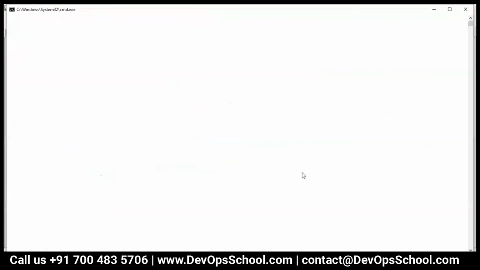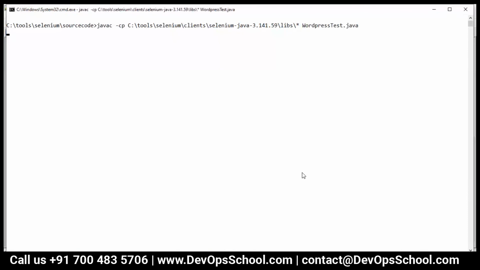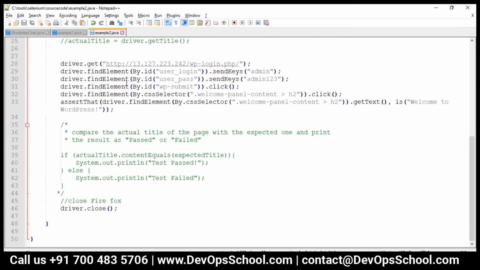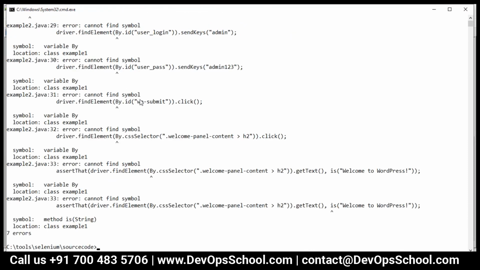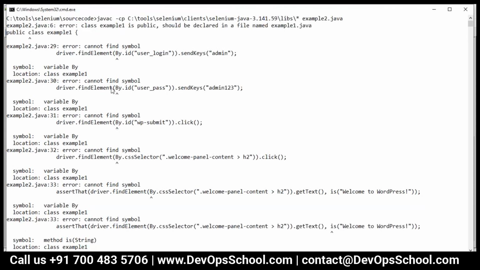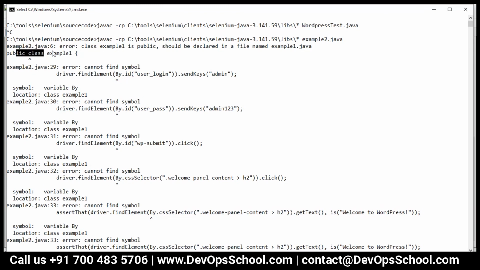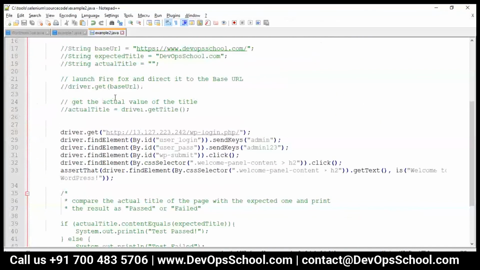Now clear the screen. Oops, the file is example2.java. What is this now? Oh, my bad.